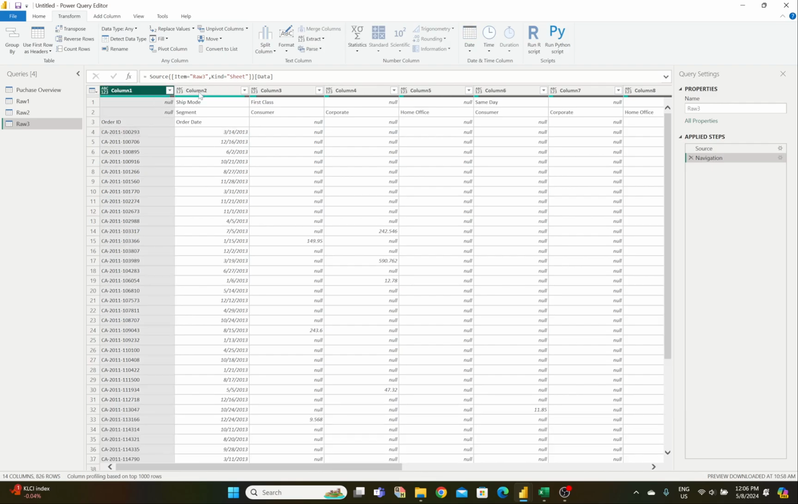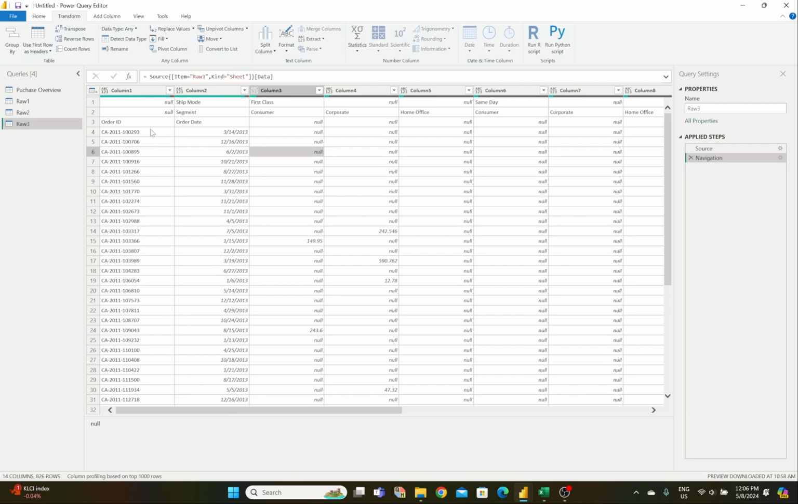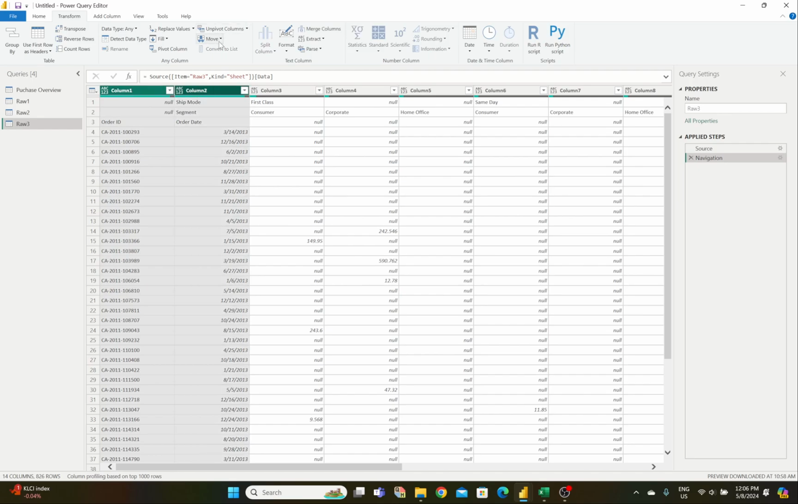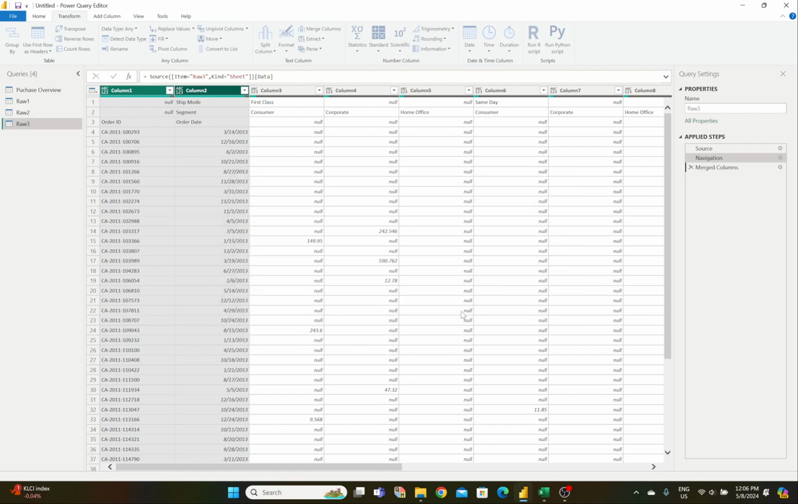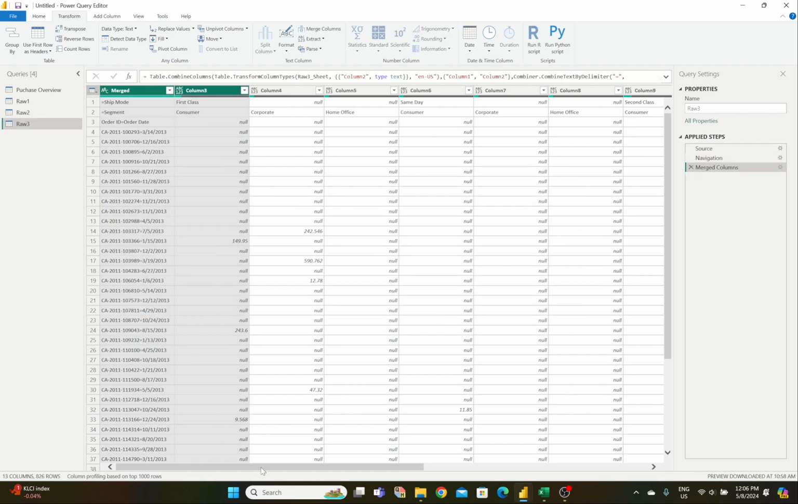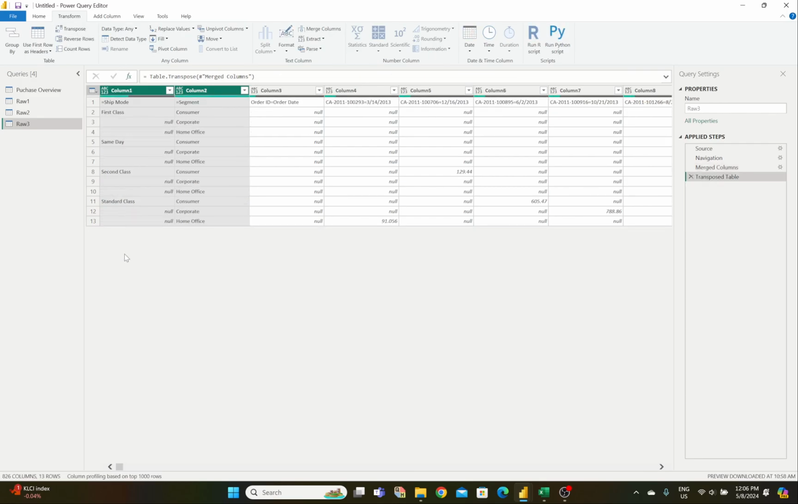If I want to merge this first column and second column, make it one, why am I merging? Because if I want to transpose, this ship mode must be in the first column. So let's say I merge this, merge with equal sign. Okay, so it has merged now. I transpose,